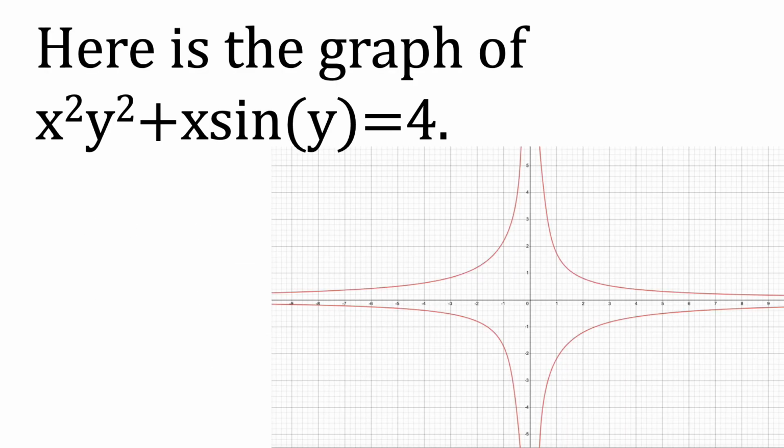Let's look at the graph of the function we differentiated. Here's the graph of x squared times y squared plus x sine of y equals 4. And what's very interesting,